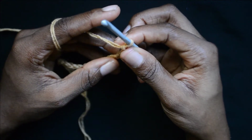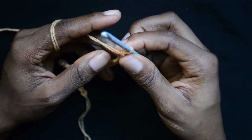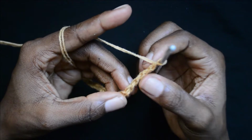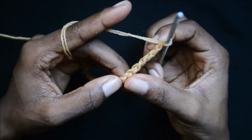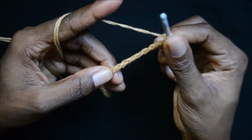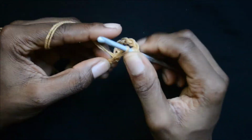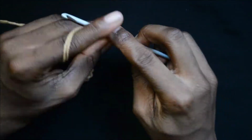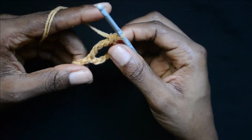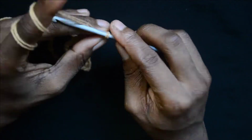And to begin now, we are going to do a treble crochet in the 7th chain from the hook. So 1, 2, 3, 4, 5, 6, 7. We do a treble crochet here, and to do a treble crochet you yarn over twice and you put your hook into the stitch that you want to work in. Now you have 4 loops on your hook. Yarn over, pull through 2, yarn over, pull through 2, yarn over, pull through 2. So you are pulling through 2 three times. Once that is done, you chain 3,